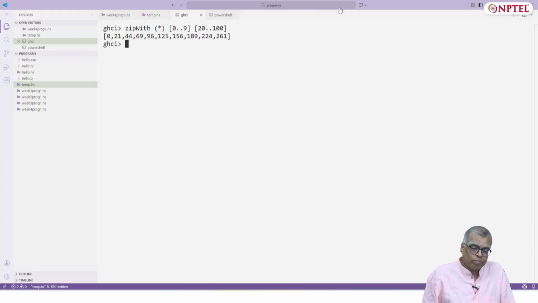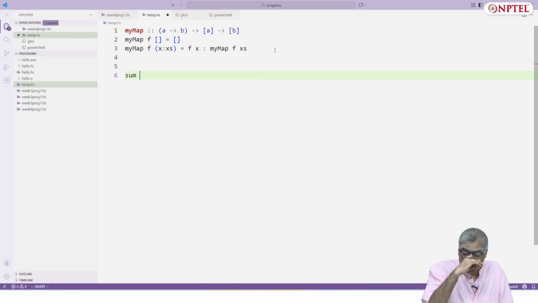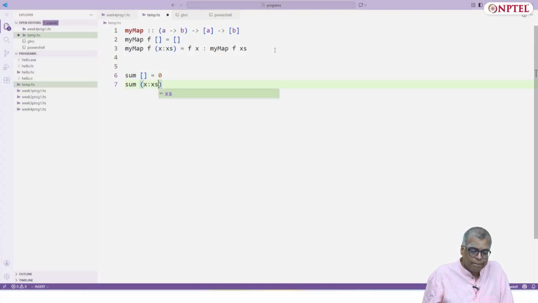And finally, let's look at the two kinds of ways in which you do recursion and it being reflected in the folds. sum of the empty list is 0, right.